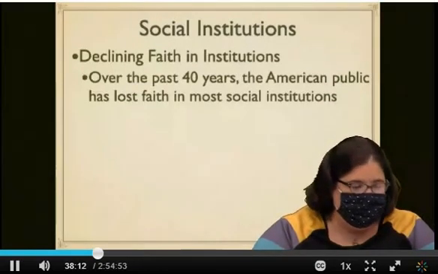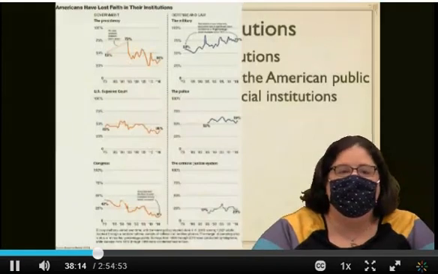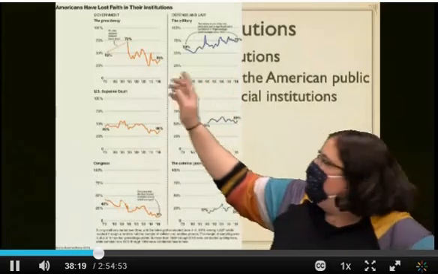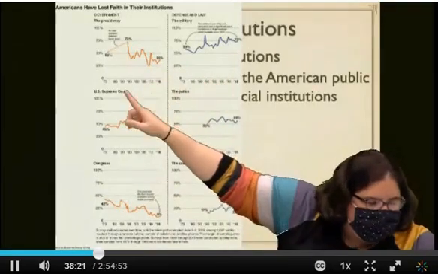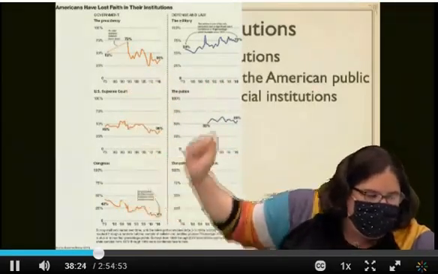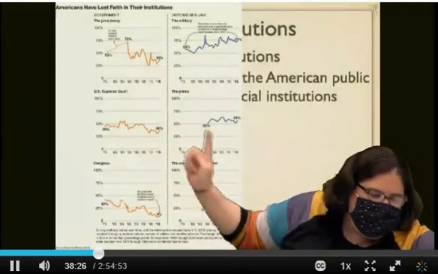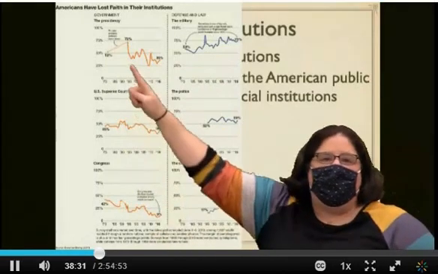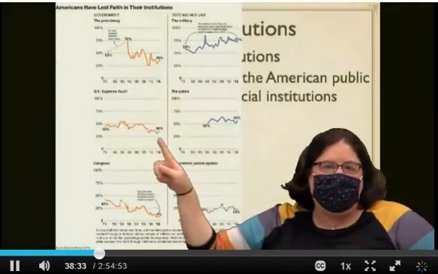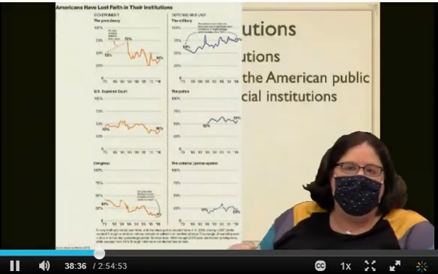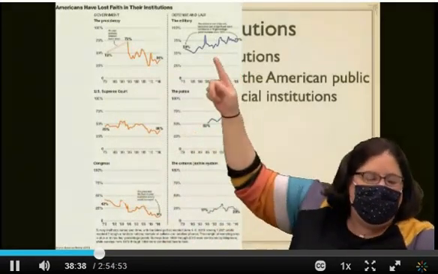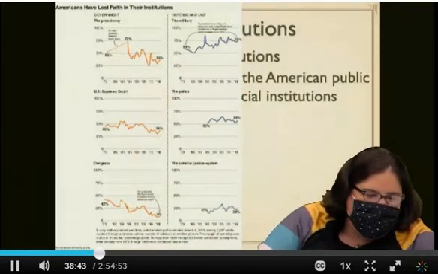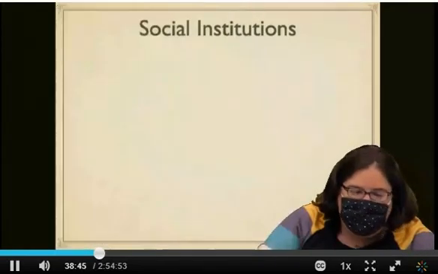I just want to let people write down what they need, but lost faith in the institutions. I know you can't see this very clearly. It's in the book. But these are 6 different social institutions: the presidency, the Supreme Court, Congress, the military, the police, and the criminal justice system. It's a little hard to see, but on the side, all of these have lost faith over time. Most of them, the only ones that have gone up are the military and the police. And actually that was done in 2016. I'd argue probably over the last 5 years that's changed.